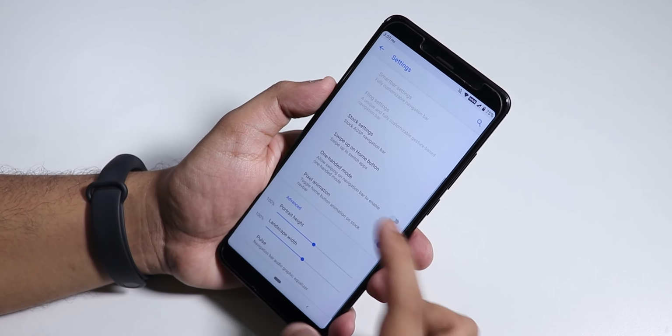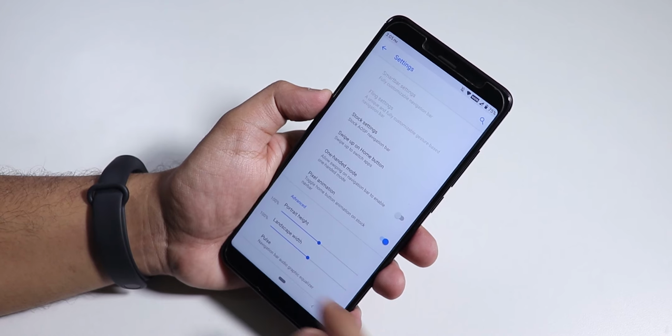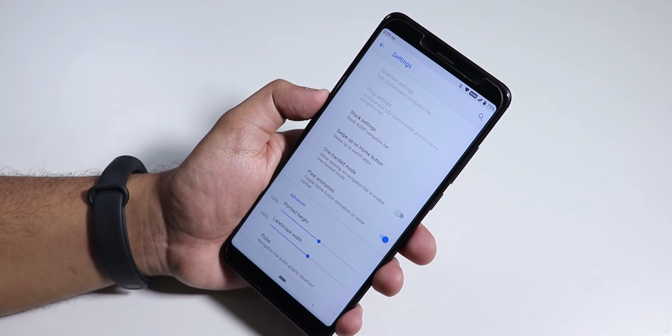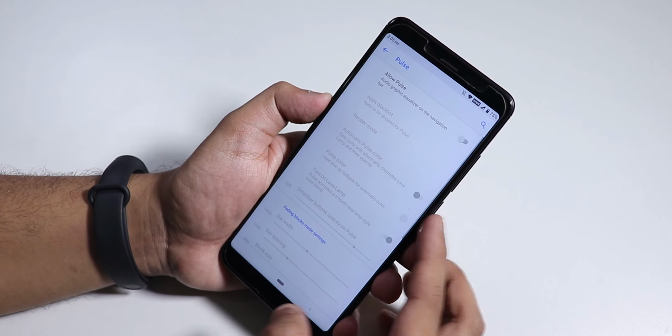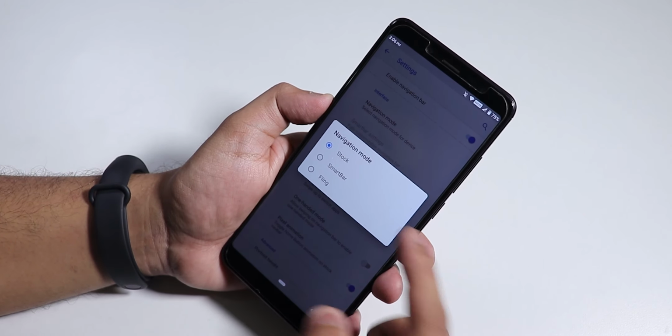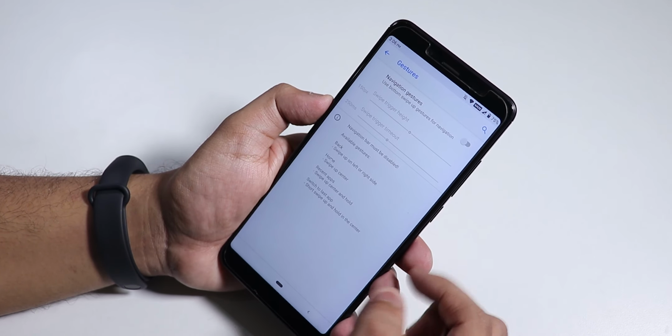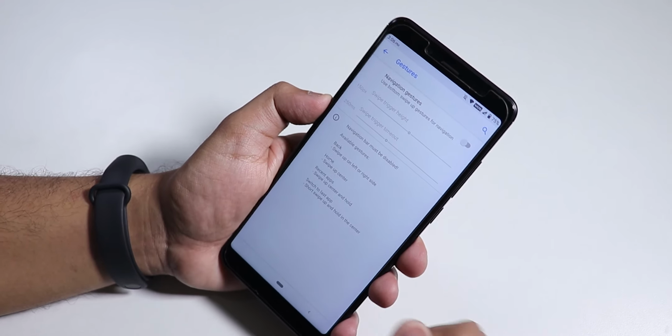to the right side. We have the one-handed mode, then we have the pixel animation, then you can change the portrait height and stuff of this navigation panel and even landscape width. Then we have the pulse option, and you can change the navigation mode to smart bar or fling too if you need. Let me go back, and if you want edge gestures, yes, this is there, the navigation gestures, but